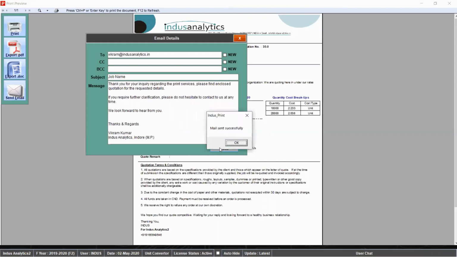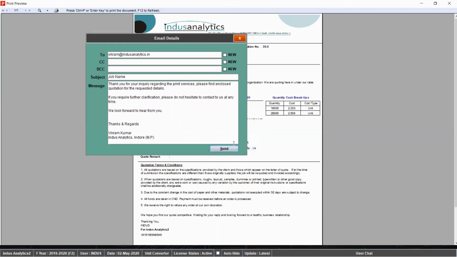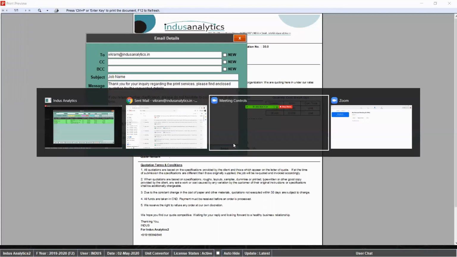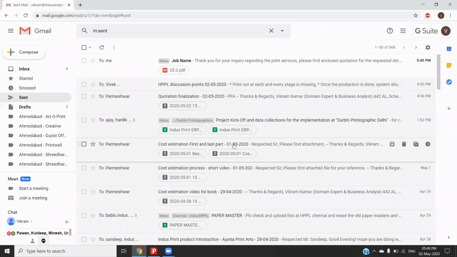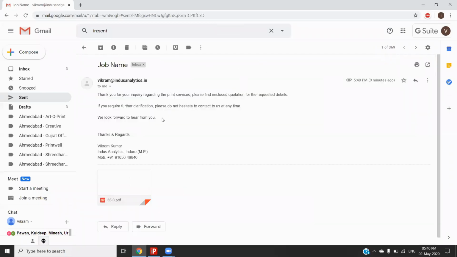Now the confirmation we have received from the system. Here too, just for the verification, you just open your sent email box. And there you can see your sent email with the attachment, which means you no need further to come here and send quotation again with the quotation attachment.